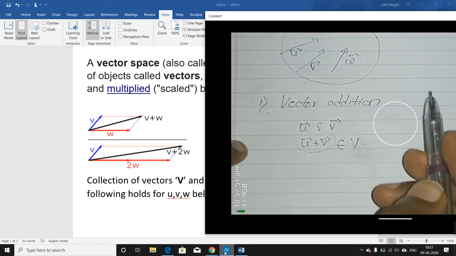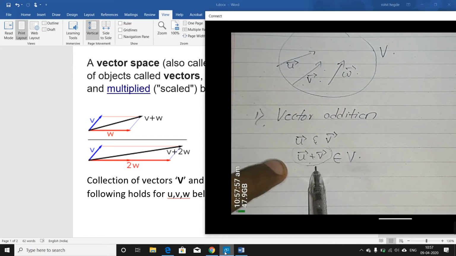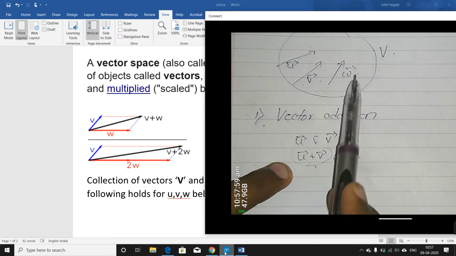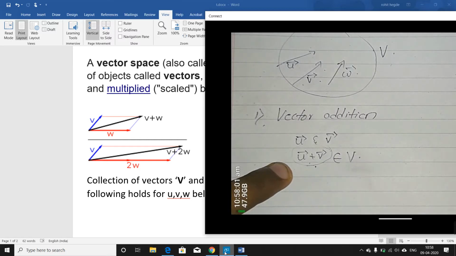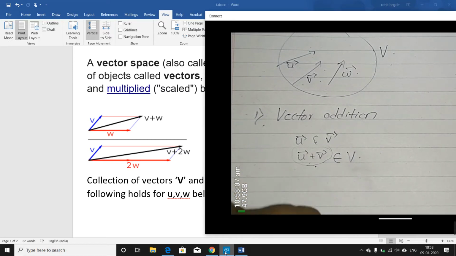If we call this vector space V, then the summation of u vector plus v vector should be in this vector space V. That's axiom 1. And the second one is the scalar